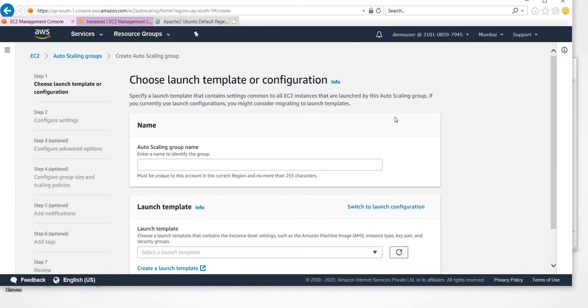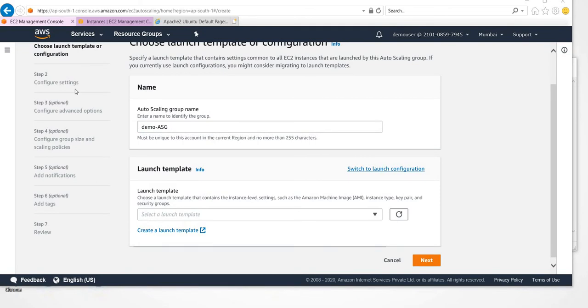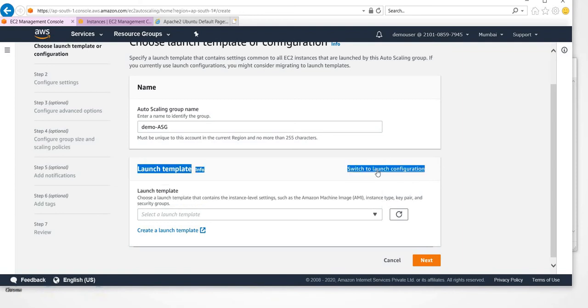So here I will launch the auto scaling group wizard flow. I will give the name demo auto scaling group. This is the name of my auto scaling group. Here, the next step is to select a launch template. As I mentioned, there are two ways. One is you can go with any of the templates. As you can see, I already have a couple of templates, which define an AMI image and the pre-required configurations. The other is you can go with the launch configuration, which we have done as part of this.